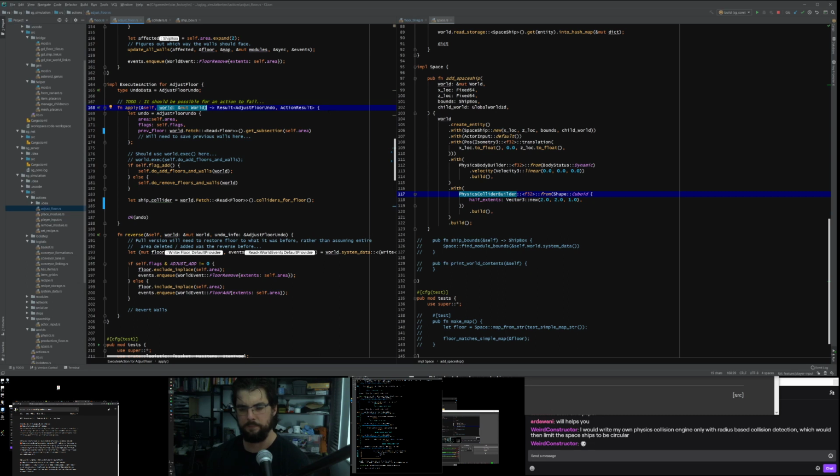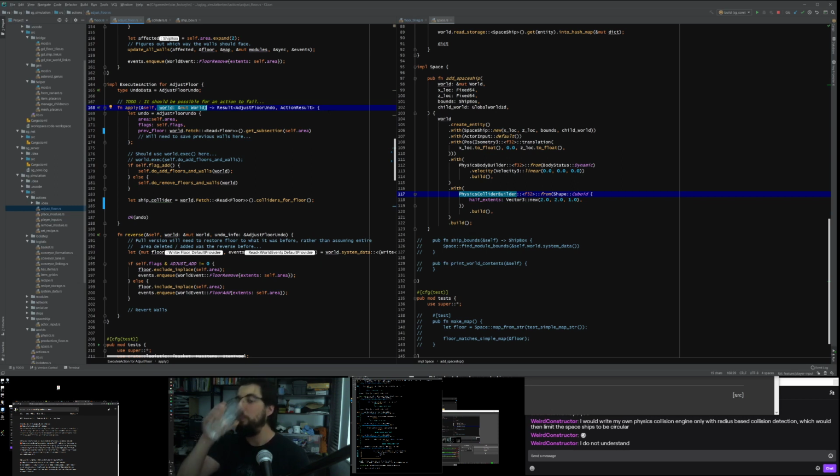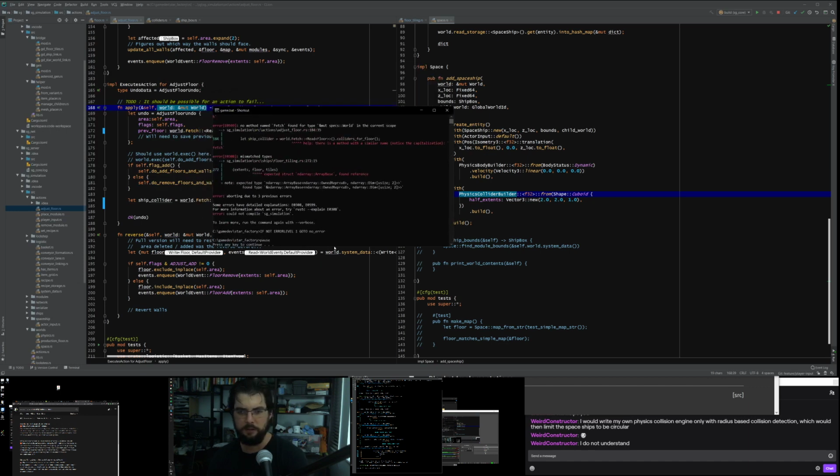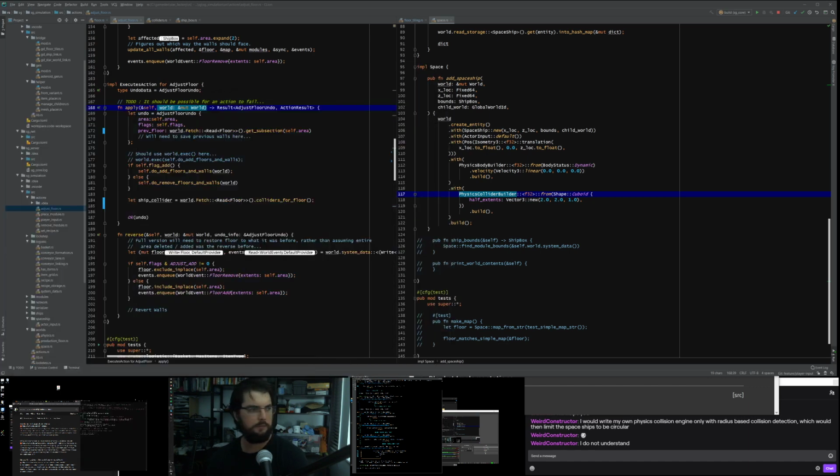And what you essentially have, you have a couple of options. We could have events that are getting sent essentially back to the sector from these subworlds. Yeah, that was a pretty poor explanation. Okay, so let me run the game. And it doesn't compile. Let me get the game to compile, and then I'll explain this to you.